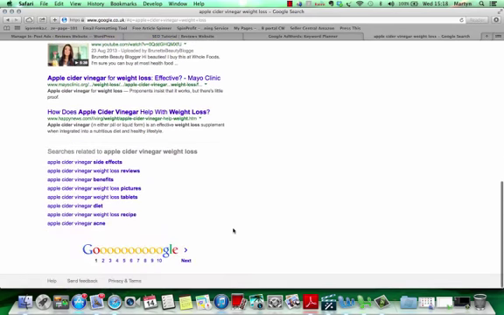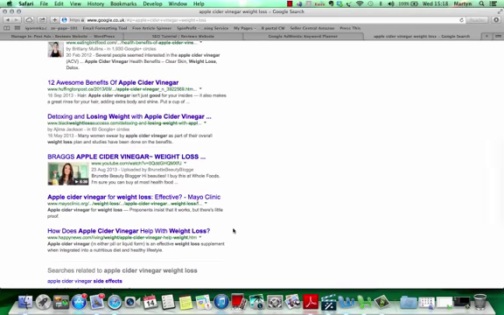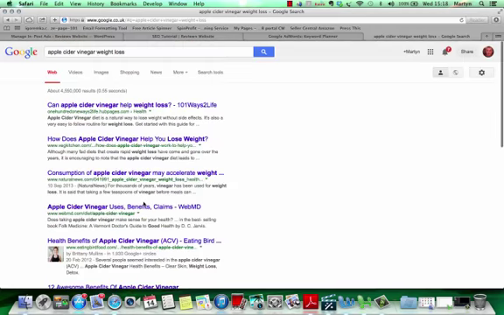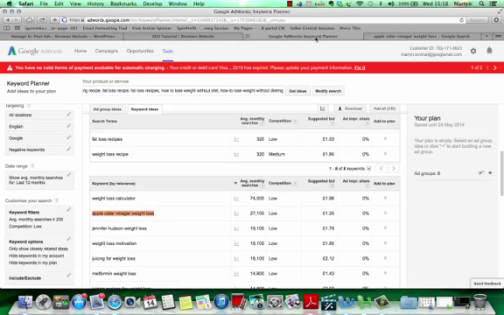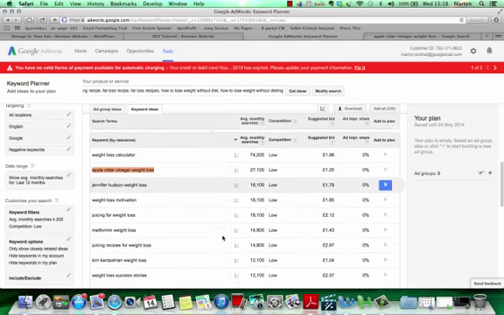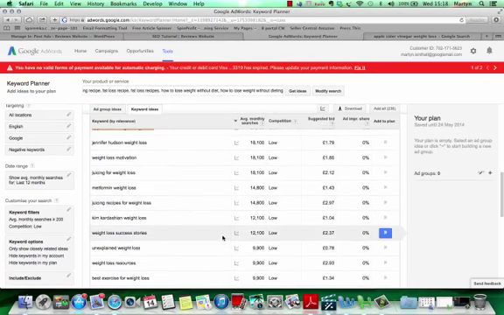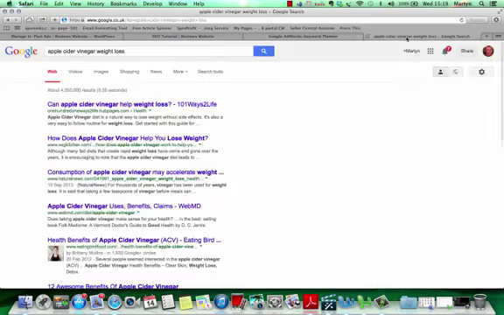Okay, there's quite a bit of competition there for that. So I'm not really liking that. It's a trend, and there's a lot of people writing about it. The more newspapers and articles and those sort of things that are writing about it, the less likely you are to rank, because they're always going to rank. So let's try